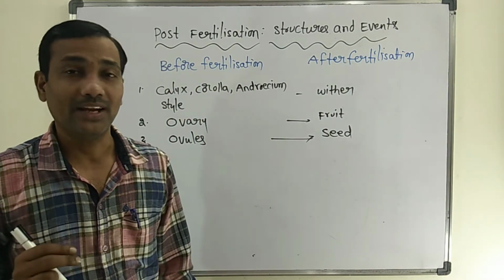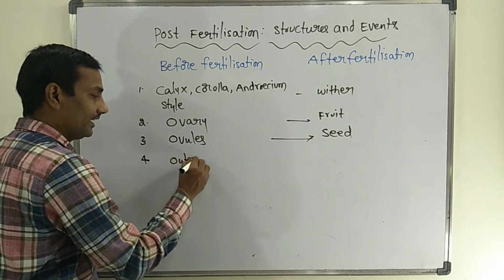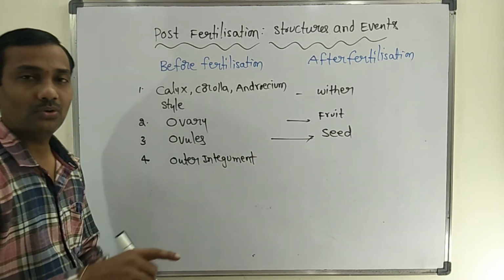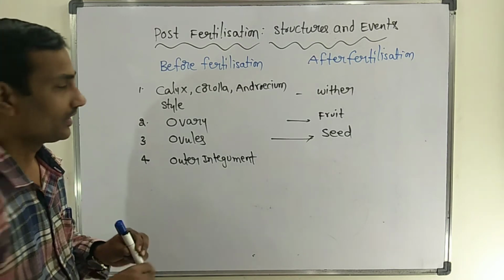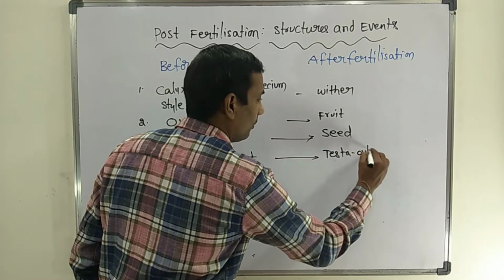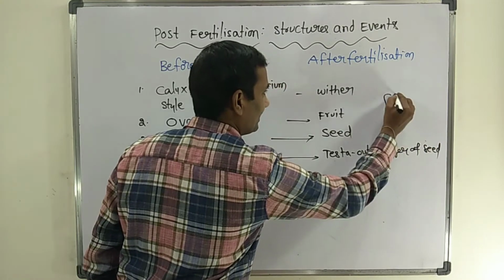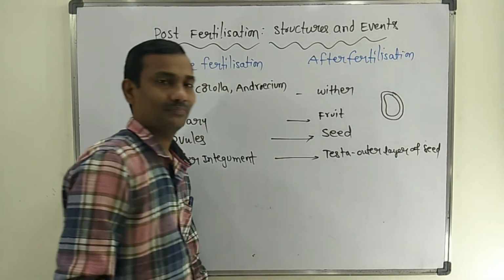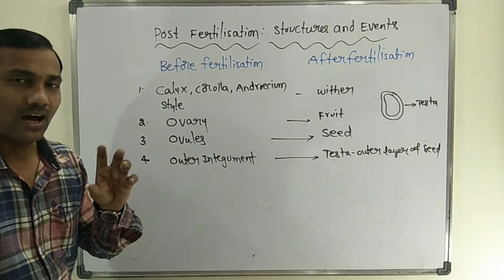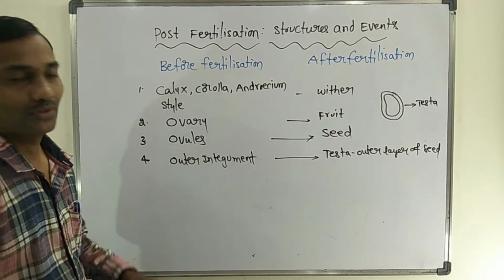The ovule has two integuments, the outer and inner integuments. The outer integument, found around the entire ovule, converts into the testa. It is the outer layer of the seed. Every seed consists of two layers. What do you call the outer layer? Testa. But how is the testa formed? The outer layer of the seed is formed because of the outer integument of the ovule.